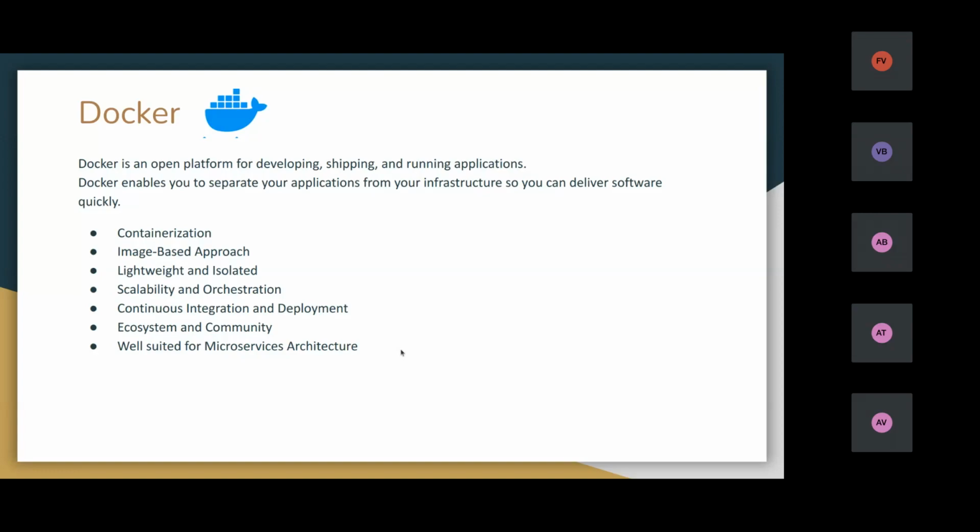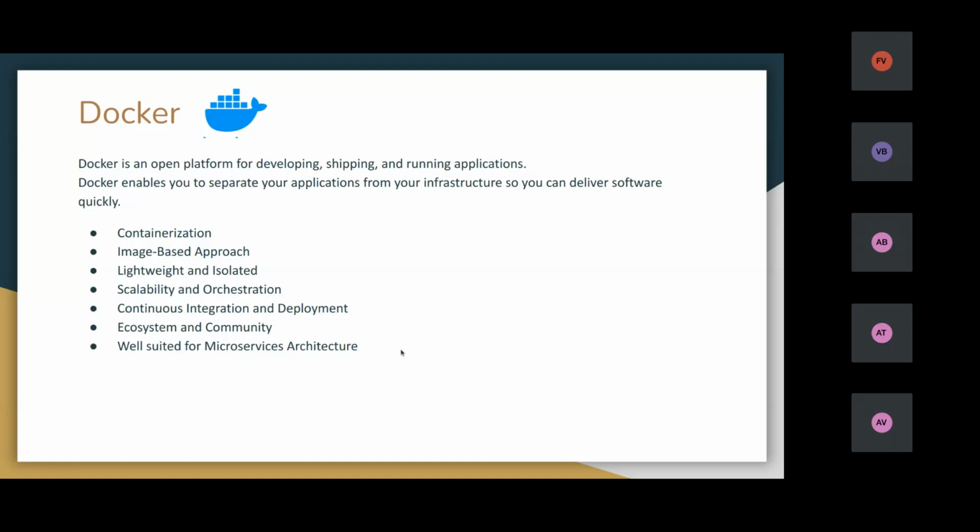The main advantage is that if, for example, a Big Billion Day comes, then the product page or the checkout page will have more traffic, so we can scale that page more. Like if we need 1,000 servers for the checkout page, we may only need 100 servers for the product page, so we can manage that. That's the main use of microservices.